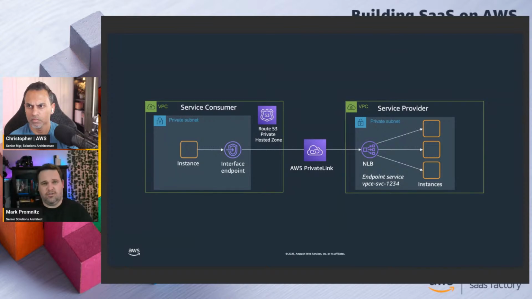that the consumer of your service, so the instances on the left there, are able just to hit that internal IP address for that VPC endpoint and have that naturally flow through into your environment, hit those instances behind the network load balancer without having to worry about VPC peering. You don't have to worry about network address translation, proxying, network routing, any of that. That just works. They could be on the same IP address range as your VPC. Again, with PrivateLink, it definitely abstracts that and just helps that to work, right?